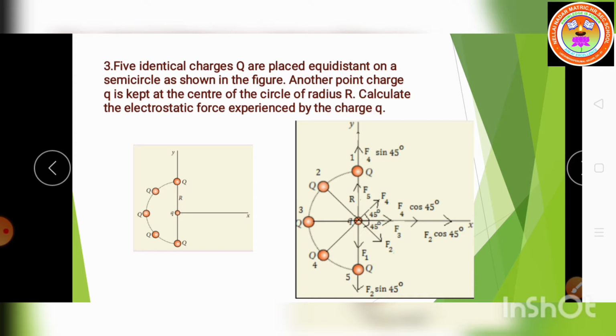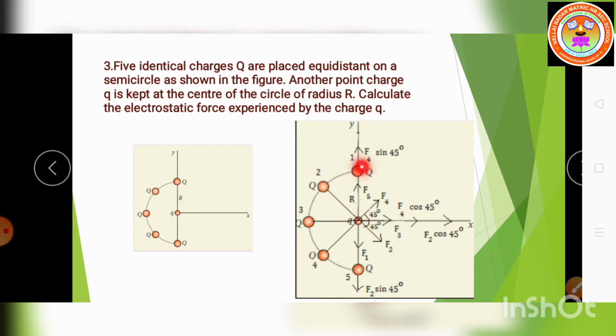So, listen. Once again you can draw this diagram. Here, listen, the center q and here capital Q. Both the charges are positive. So, what happened? This small q is moving in an outward direction. The force experienced from the first point, I am going to take as 1, second point 2, third 3, fourth 4 and fifth 5.